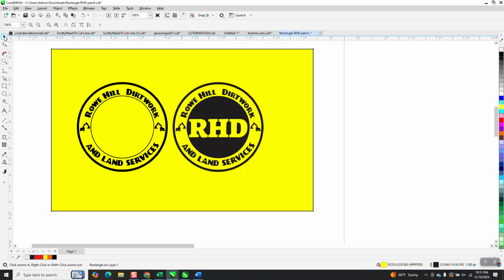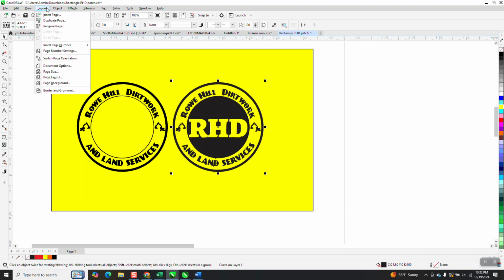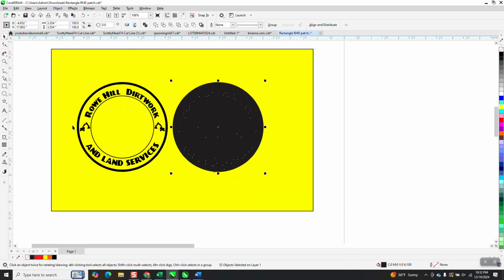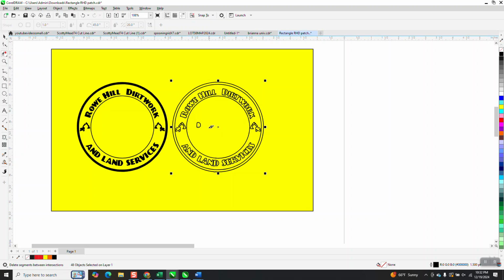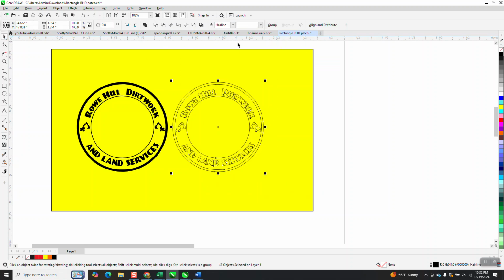It is a little difficult to get the RD out of the way, because if you go to view, well, let's go to object and break the curve apart, you get a black circle. Then if you left click, you get that. And then there's two ways to do that. Now we can take the virtual segment delete key and delete these lines. Now you have to go back, and I would make these hairlines. So when you fill them in, then you've got to go back and fill these lines in,